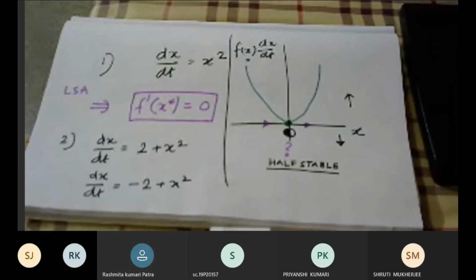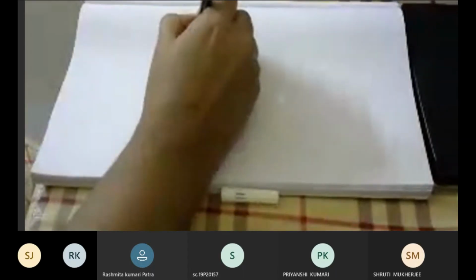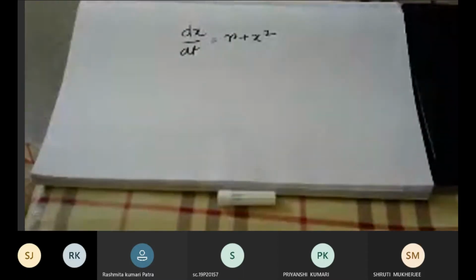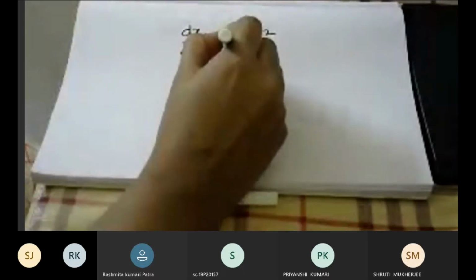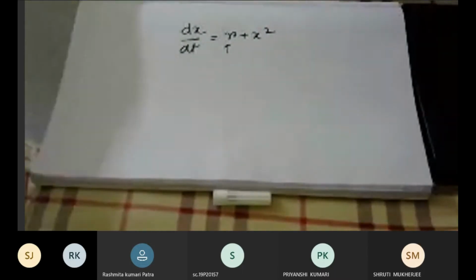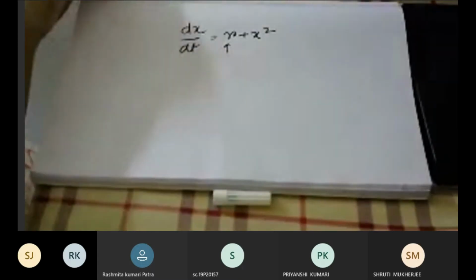So I want you to understand this very well in a general sense. So the same equation that I have, in general form, I write down this equation as dx/dt is equal to r plus x square, where r is a parameter, just like the parameter of growth rate or parameter of carrying capacity that we have considered in our previous example of this logistic growth. r is a certain parameter that describes the dynamics of the system.